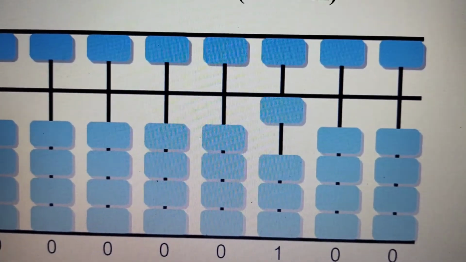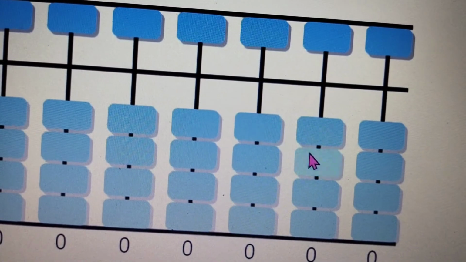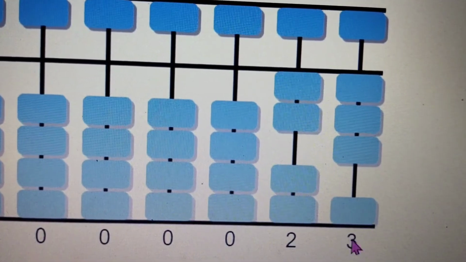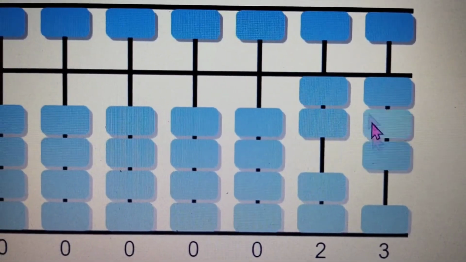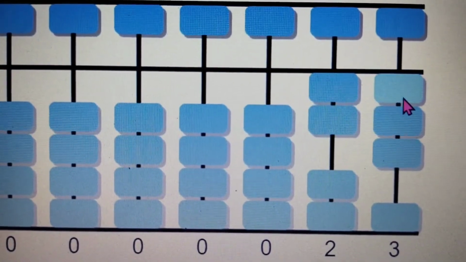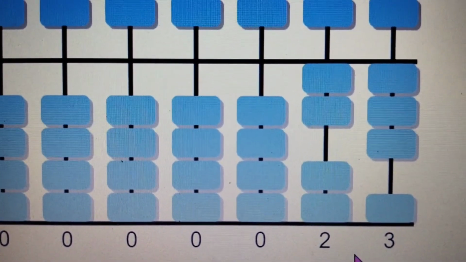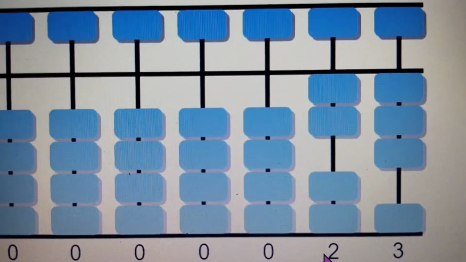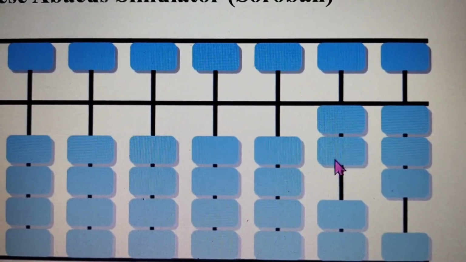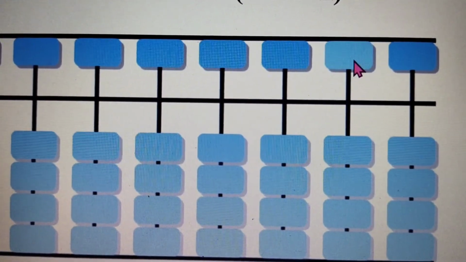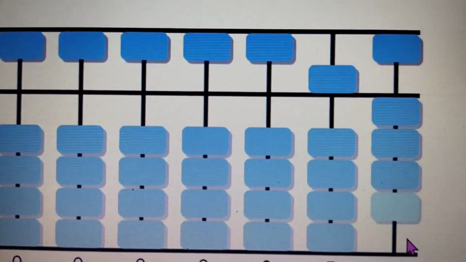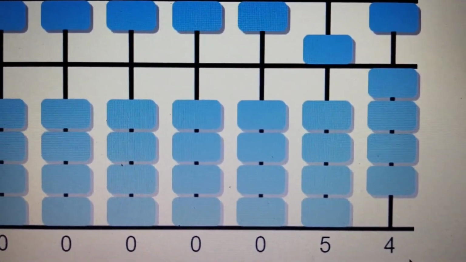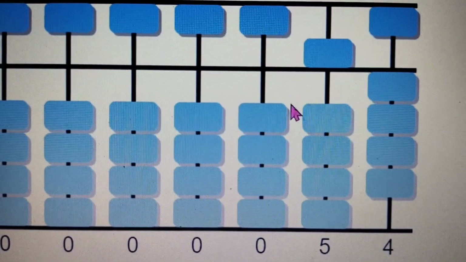And parents, I request you all to show different values on the abacus to the children like this, the way I gave them to practice. It's 2, 3, 23. Initially I know that you will also get confused while telling the value and while checking whether the child is telling the correct one or not. So use the online one and hide this place where it is showing the value from the children. You can hide it and then ask the children about it. Now if I click it, what's the value? It's 5454, and see it's written at the bottom. So we'll get clear that we have told the correct value.